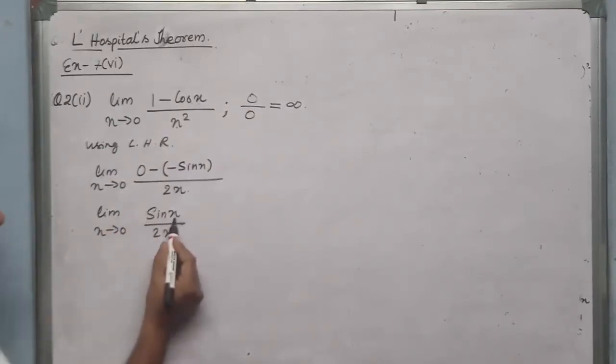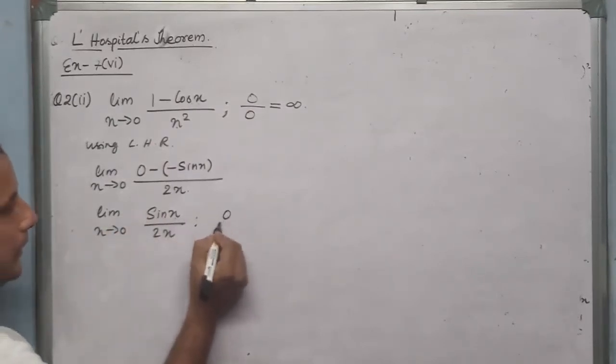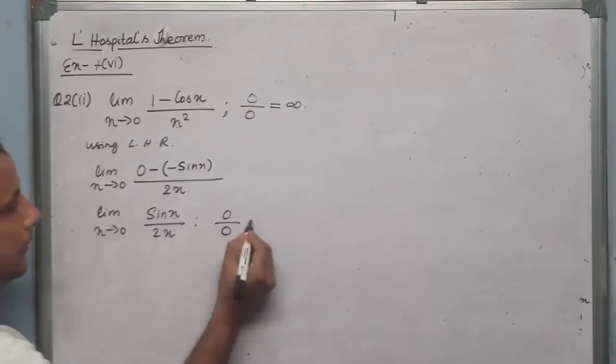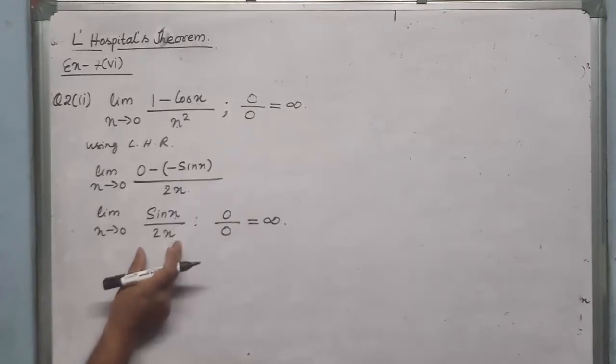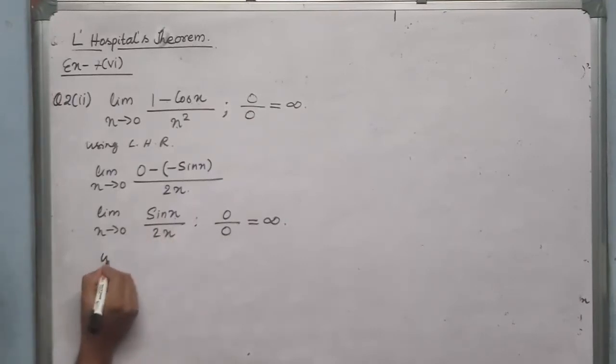Now x is there. Again, if I substitute x tends to 0, sin 0 is 0, 2 into 0 is 0. Again, this one is undefined. If it is again undefined, to get the finite answer we use